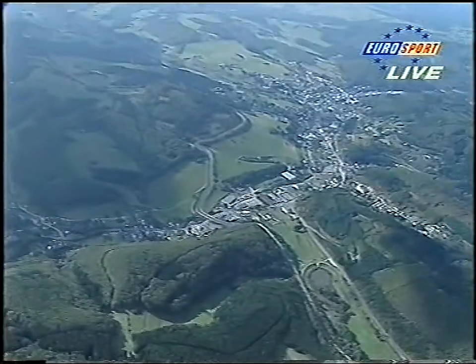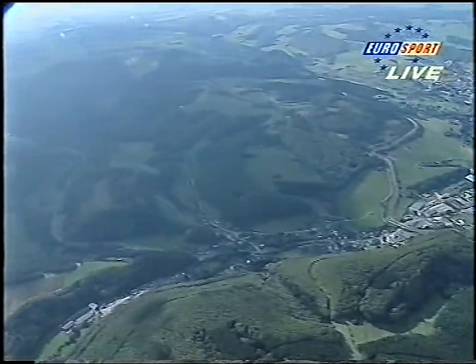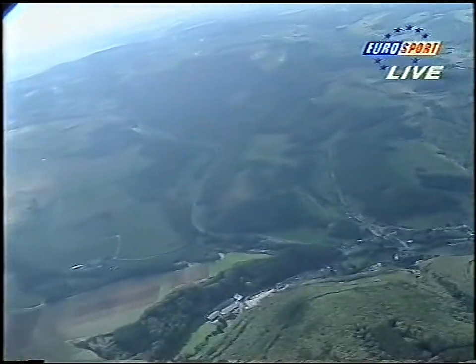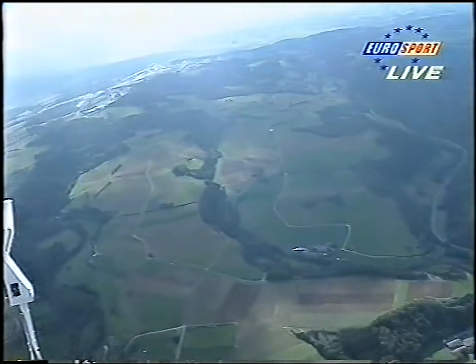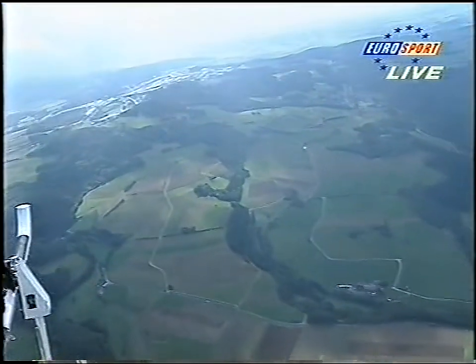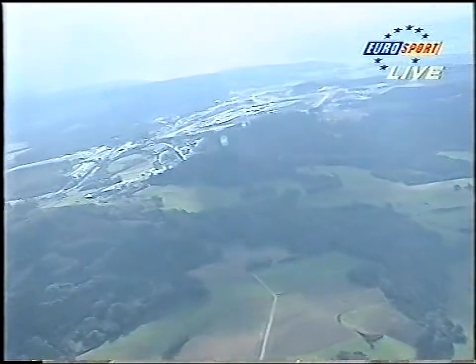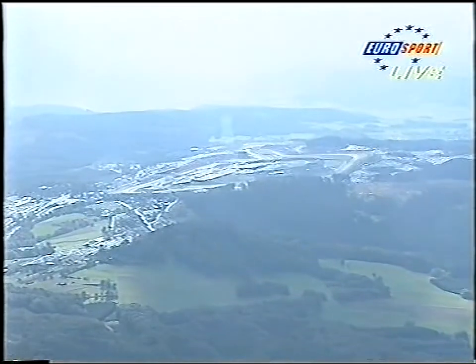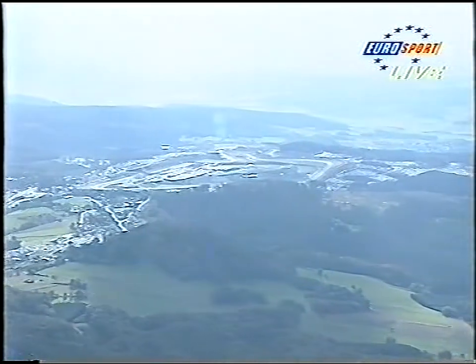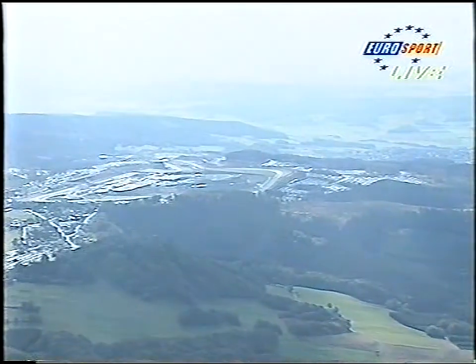But an amazing racetrack, somewhere that in a Formula One car, unlike anything that ever existed in Formula One, it was really the Jurassic Park of Grand Prix circuits. And many people felt that it was a great shame that this circuit could not be retained in the Grand Prix calendar, but the reality is the length, over 13 miles, was totally impractical from a race point of view, with the kind of technology that we were